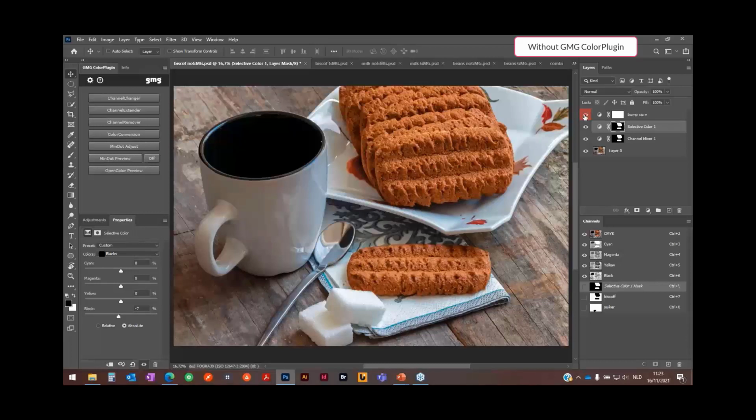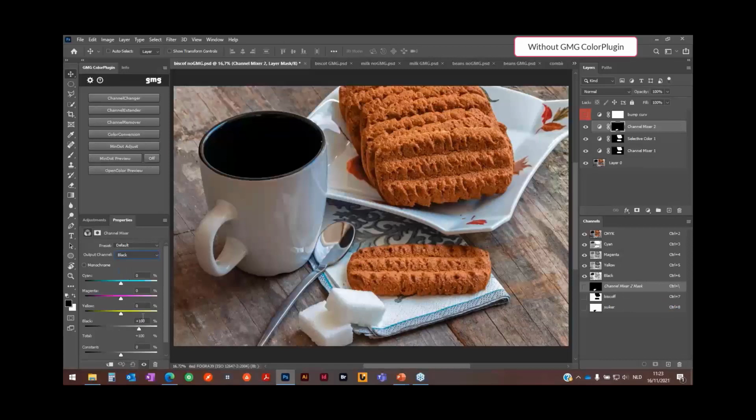For the sugars, the same thing, but then with the black. I have my selection of my sugars here. Then I use a channel mixer, go to the black channel, remove all the black, and then compensate the loss of black into these other channels.